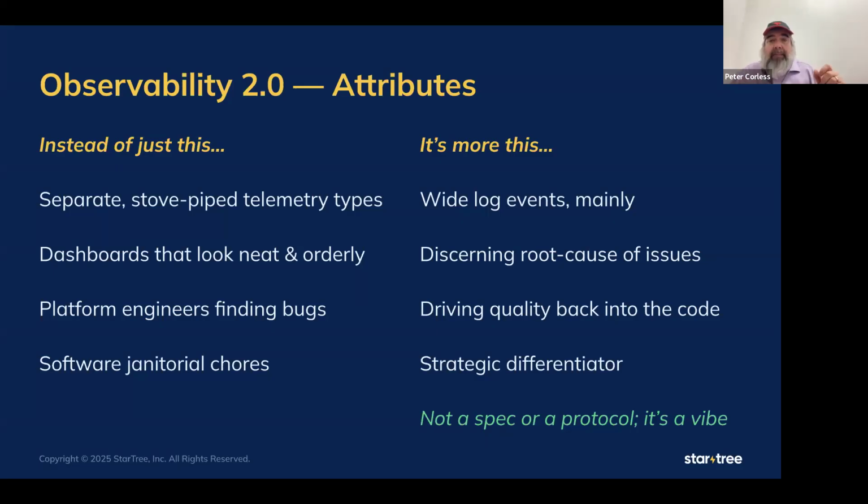But now what has to happen is that you have to really think about what are the root causes of these issues? What made it go above or below that line? Why is this happening? How could we have prevented this? And that gets to the next part, which is driving quality back into this proactively as well as reactively. How could we have made this a better system overall?